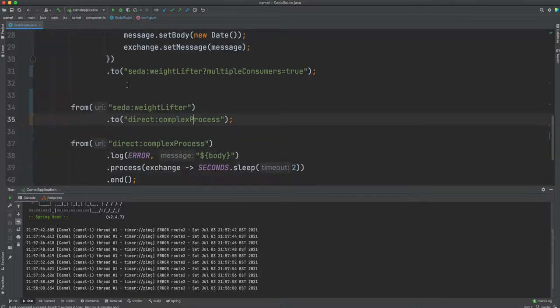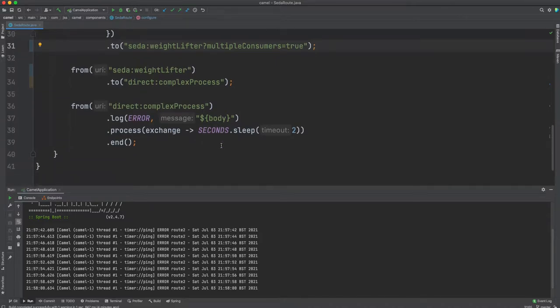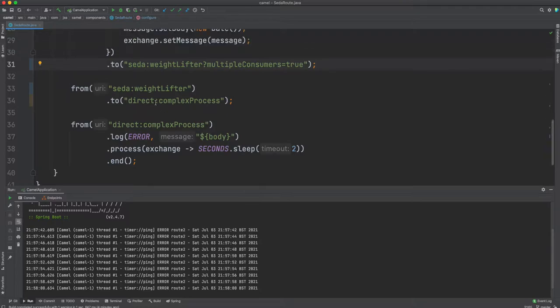Let's do a little bit of formatting over here. So what I'm expecting now is that my system's SLA or performance should come back just by adding this SEDA. Let's try to run it and see what happens in reality.